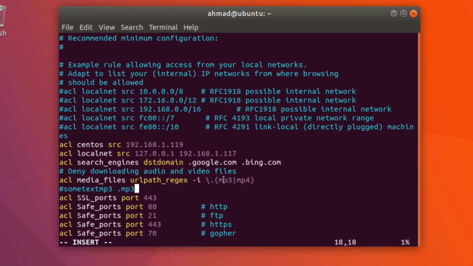And as I mentioned, I can add here as many extensions as I need. I can add MOV, I can add AVI, I can add WMV, I can add VOB, I can add whatever extensions that I want to deny or that I want to select, because this is not a denial rule, this is just a selection rule. You select the extensions that you want to have in your rule. You are not denying or allowing anything yet. Okay, so